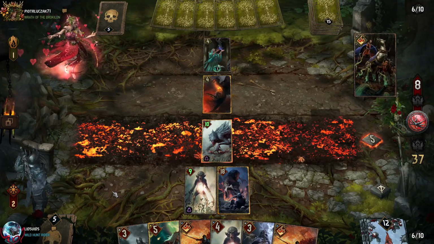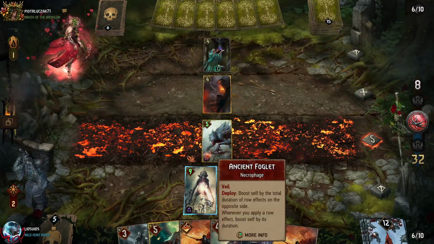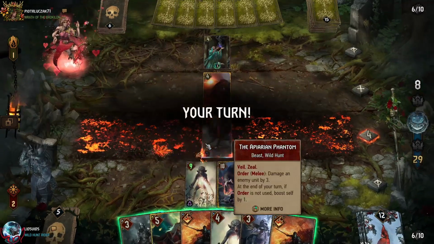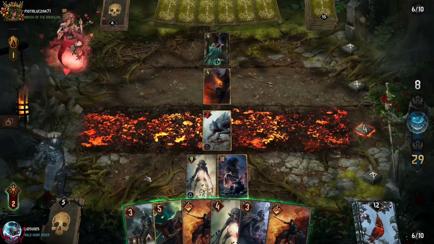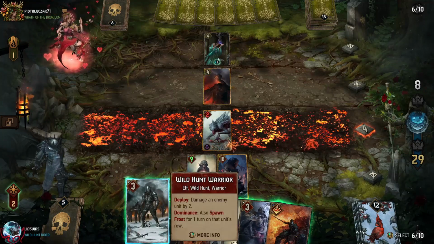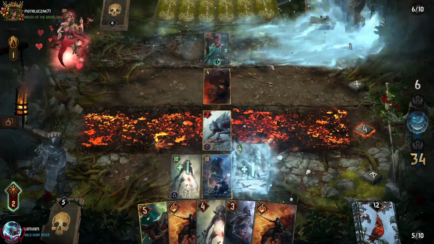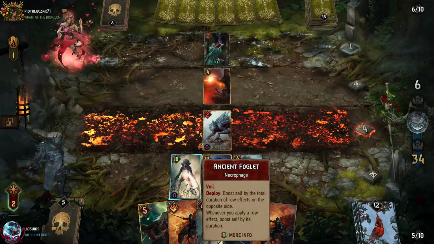And that was the fear, was that they would start with Nature's Rebuke, get 2 copies of that, and be able to take out the Foglet. Little surprised they're targeting the Apiarian Phantom here. We have a big enough lead that perhaps we may be able to get by with just the Wild Hunt Warrior here. Using that, hit the Elven Seer, getting some Frost on the board and boosting up the Ancient Foglet